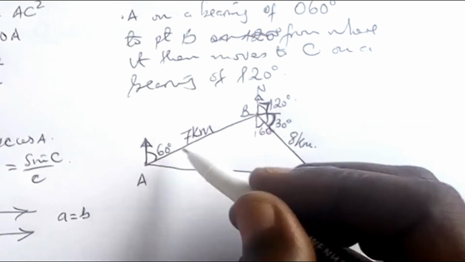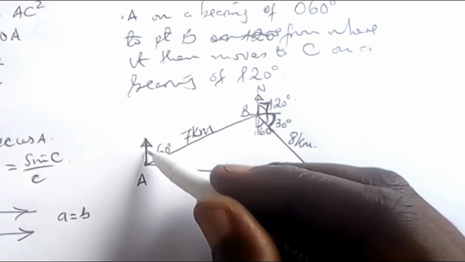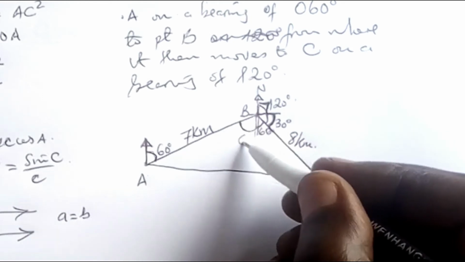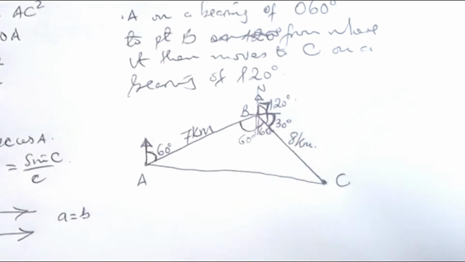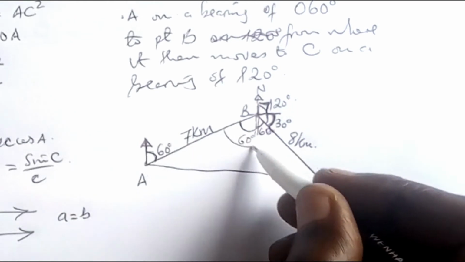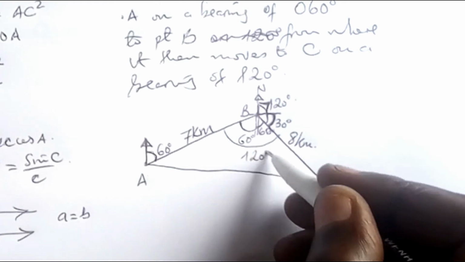Then by alternate angles, remember this line is parallel to this one, so by alternate angles this 60 degrees would also appear here. 60 degrees. In the end now, I will be getting a total angle there of 120 degrees,